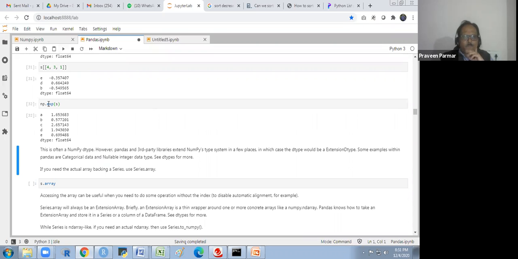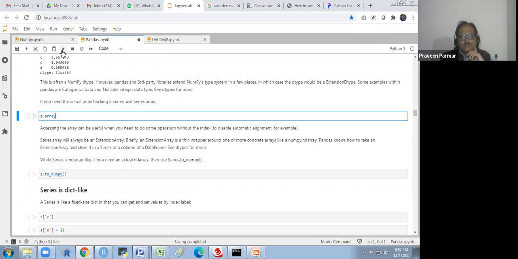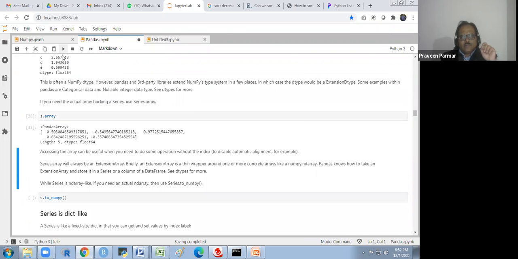Okay. s dot array I want to see. s is the series, and this is the array I have converted into the pandas array. Now it is a pandas array. Accessing the array can be useful when you need to do some operations without the index, to disable automatic alignment, for example.